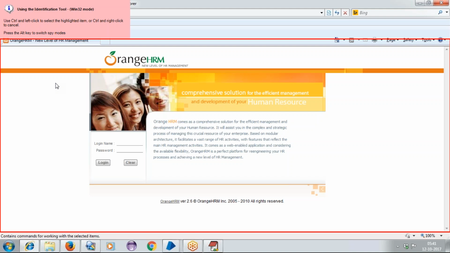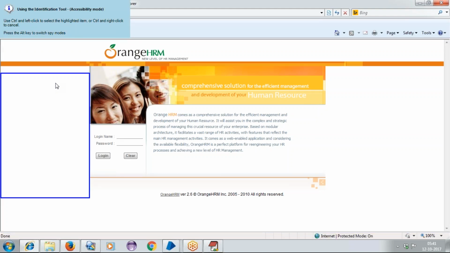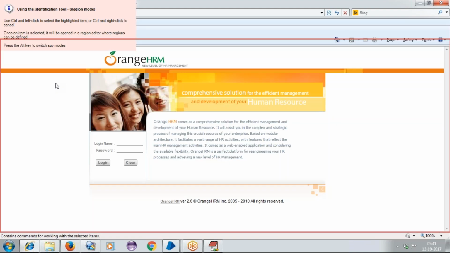Okay, so one is for web applications and one is for Windows applications. Next is the accessibility mode here. In case the HTML mode and the Windows Win32 mode are not working, we'll try the accessibility mode. And apart from that, there is the region mode.